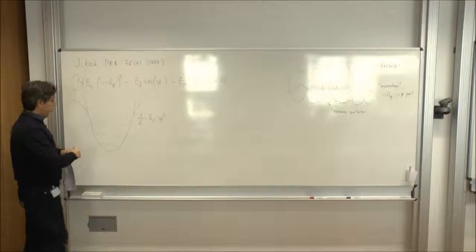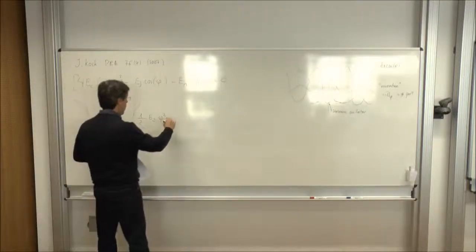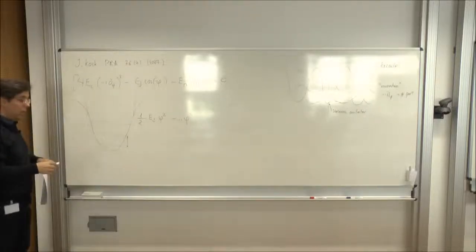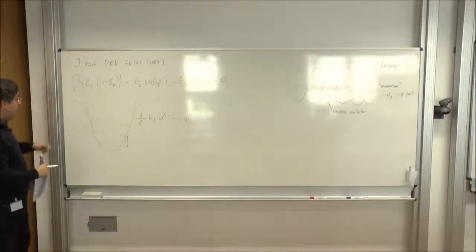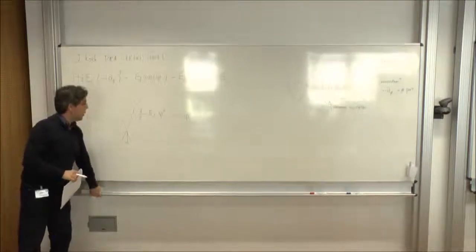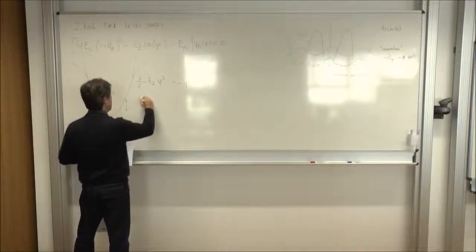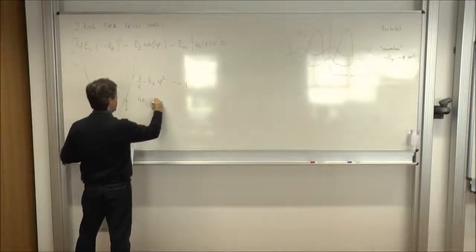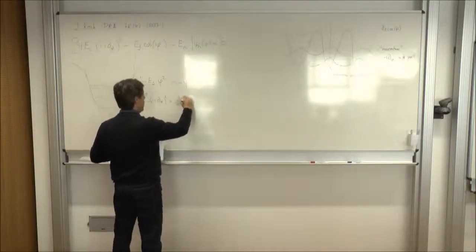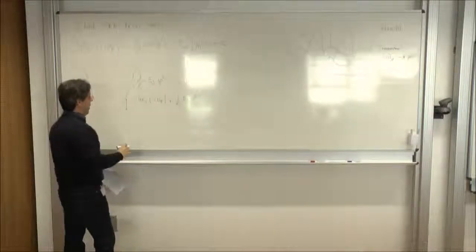At least this approximation is not too bad for the first ones. There would be corrections that come from terms of this form that can also be included in perturbation theory. But if you use this model, you will see that this looks like a harmonic oscillator, with a frequency